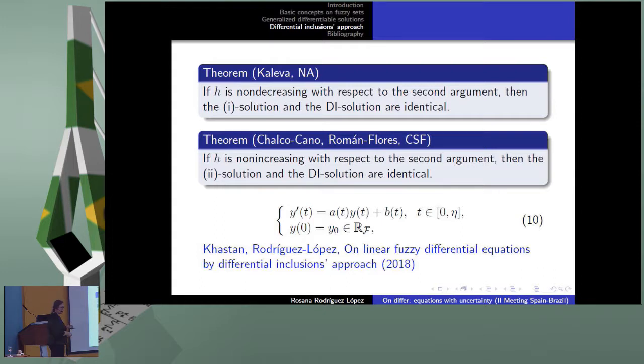The problem in these results is that they are only valid for problems that come from the application of Zadeh's extension principle. And if you consider just the simple problem of before, this is not true. This is not true because of this term. Because if this P is fuzzy, it's impossible to write this problem as a problem coming from Zadeh's extension principle from a classical problem. So we have to check specifically what happens in this and other more general cases.